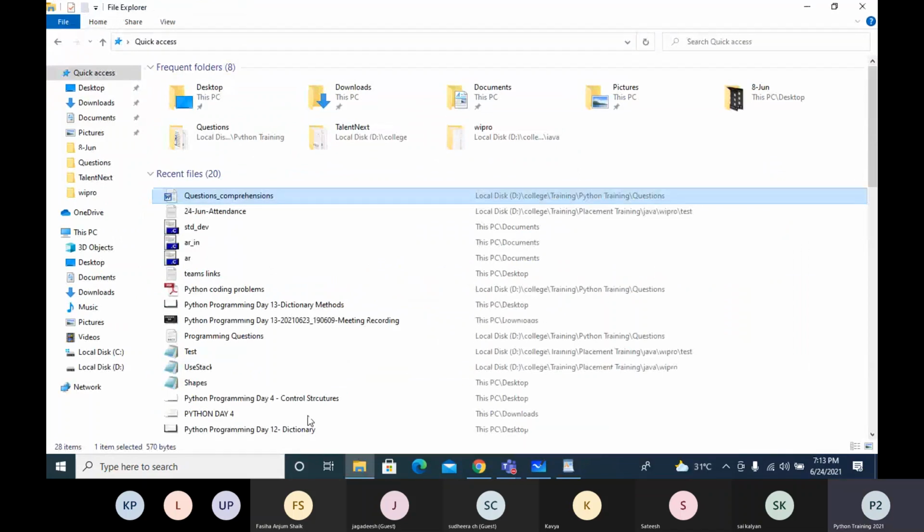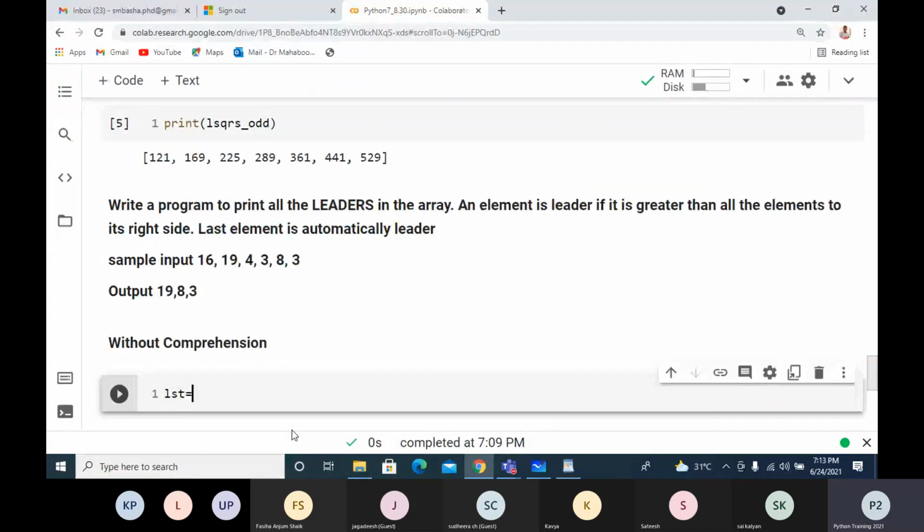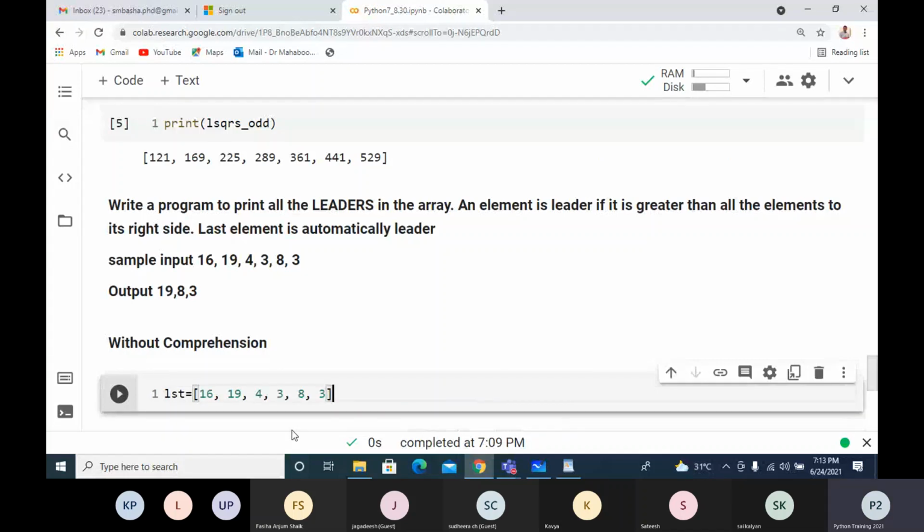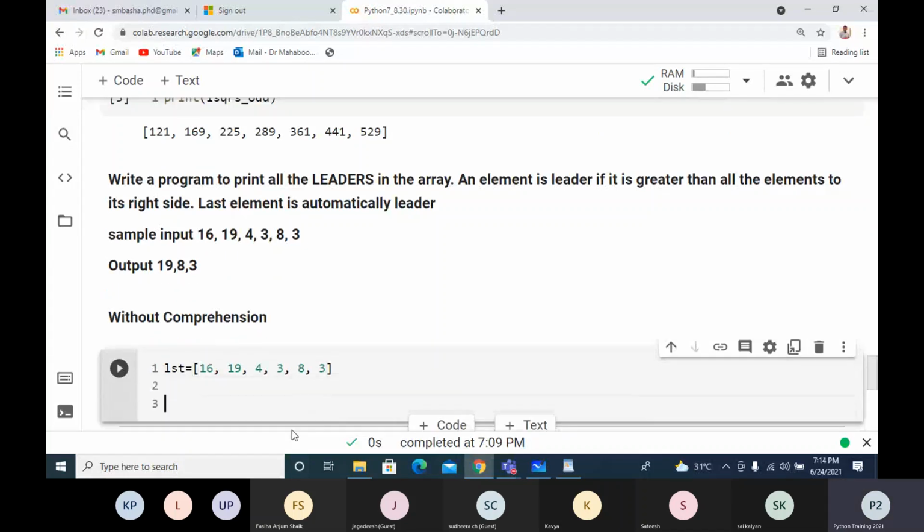So list LST equals to this. So I have created this. Then what I have to do is for i in range length of LST minus 1.